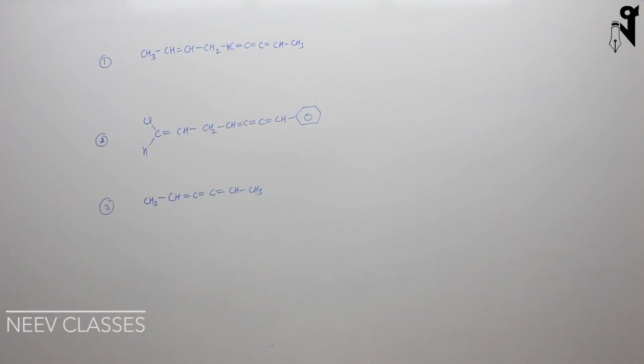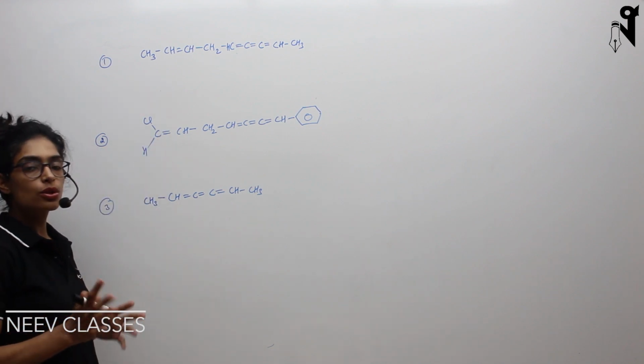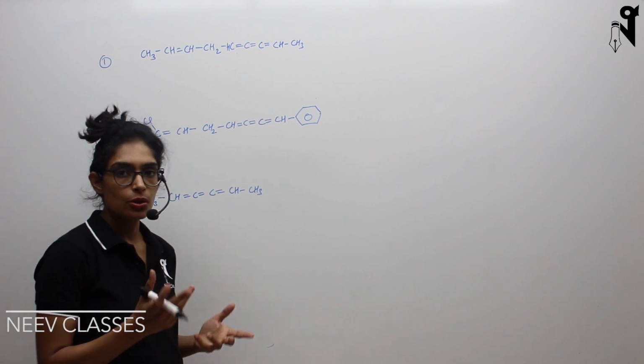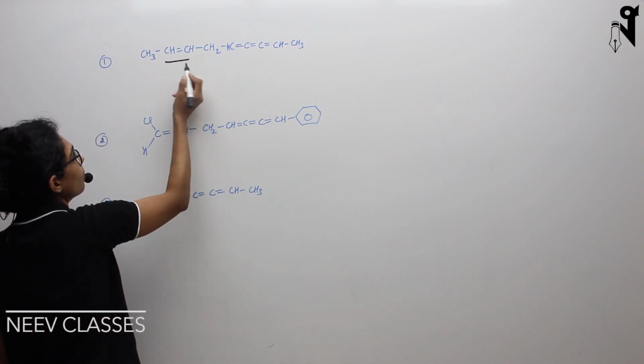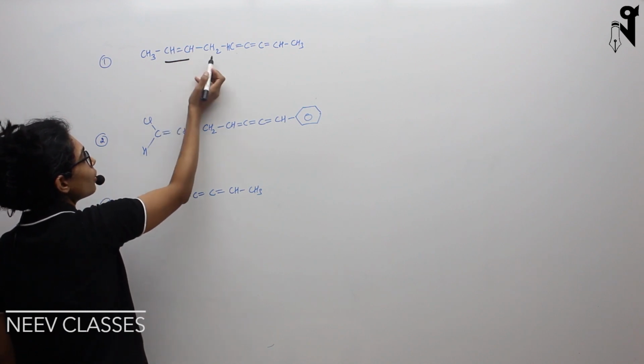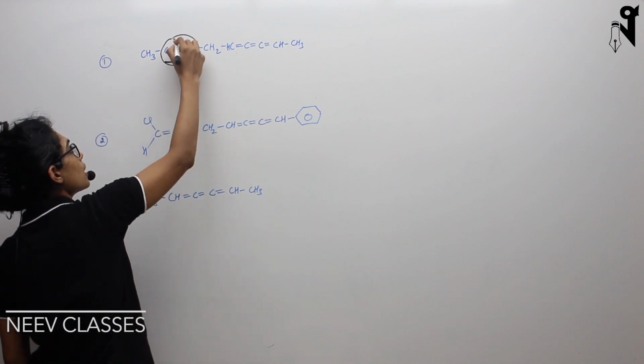So now let's see these questions, whether these compounds can show GI or not, and if they can show GI, how many stereo centers do we have. Look at this first double bond carbon: two hydrogens and then two other groups are present over there. So basically two different groups are present, so this will show GI.